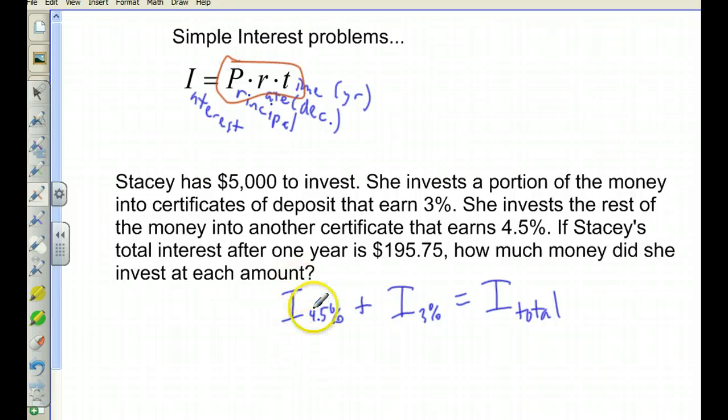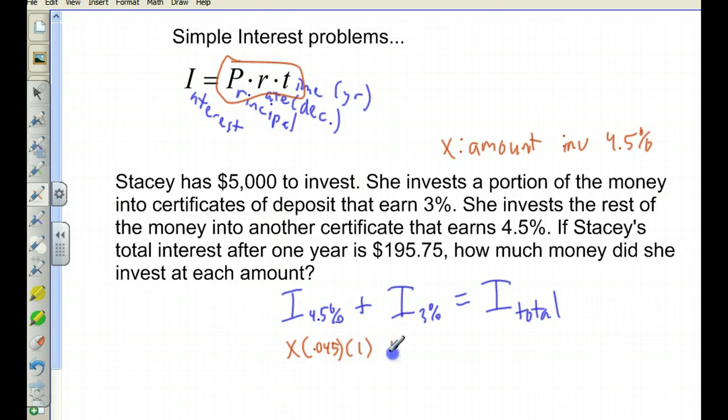So for this 4.5%, let's plug in the formula. We have the amount we invested. Well, I don't know how much I invested. I'm just going to call it X and say that's the amount invested in the 4.5% investment. It doesn't have a fancy name. So P would be X times R, which is 0.045. I have to convert that to a decimal, times T, which is 1. Plus the